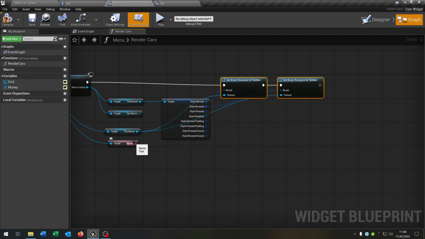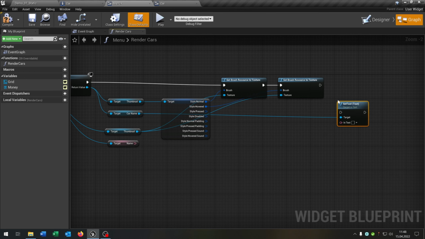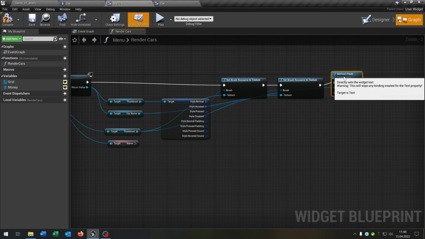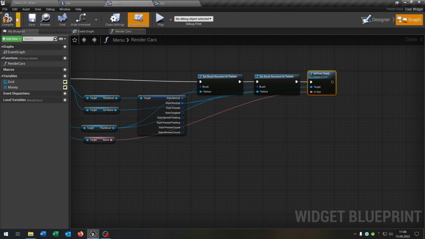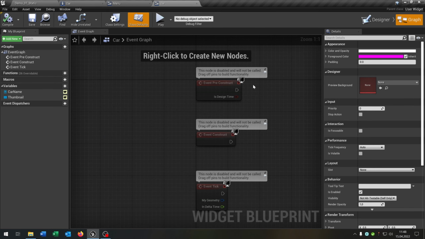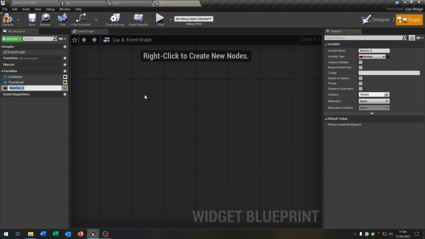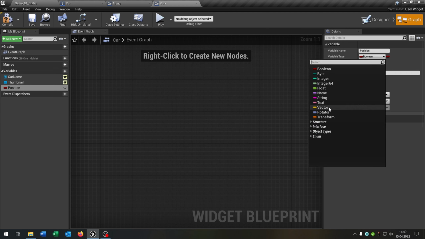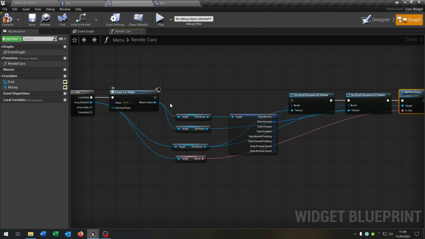And then we go from the name. So we want from the car name, set the text like that. And then we just connect the name with the text. Great. So actually what I want to do is we go back to our car widget here, go to the graph, can delete everything here, and I want to create a new variable that's called position, and we do this as a vector, compile and save this,